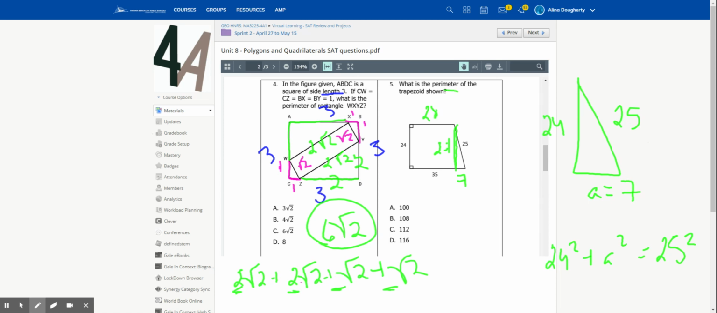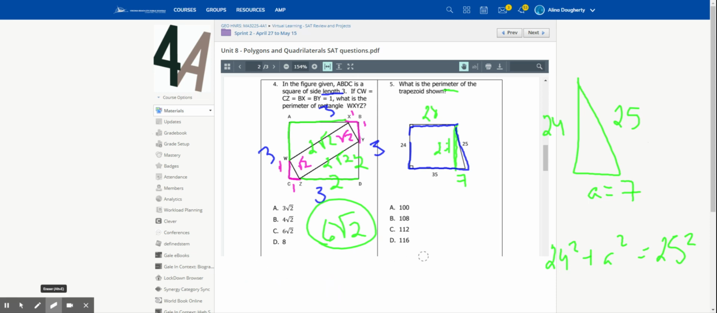28, and then it's asking for the perimeter. I don't know why, but SAT is crazy about area and perimeter. So we've got 28 plus 24 plus 35 plus 25, and that's going to give you your answer for the perimeter. But the trick is to do that,